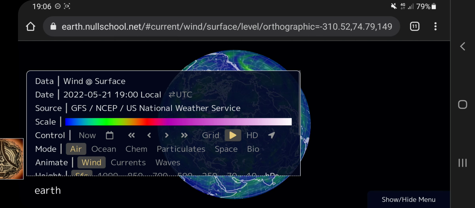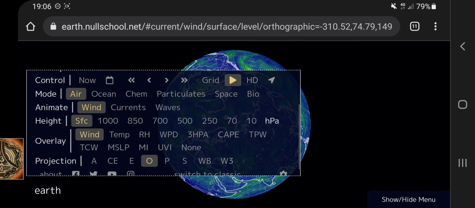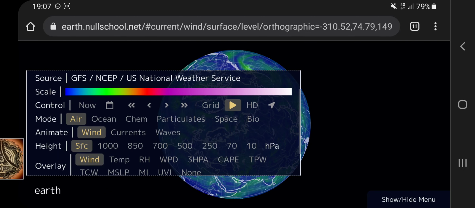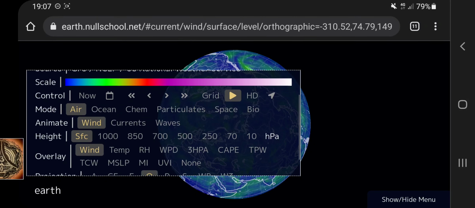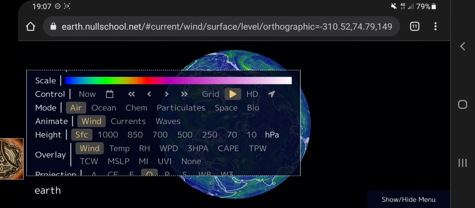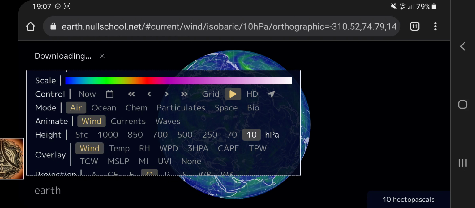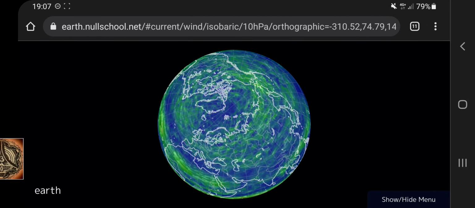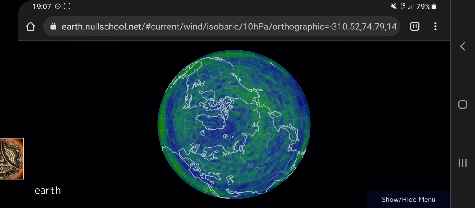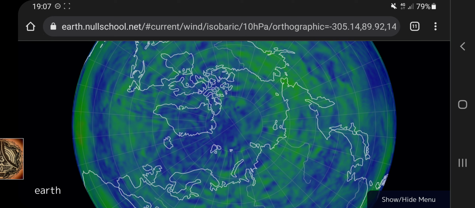A really, really good website. Now we are looking at wind at surface, but we want to know the highest winds we have here on this application in order to get a glimpse onto how our polar vortex is doing today.